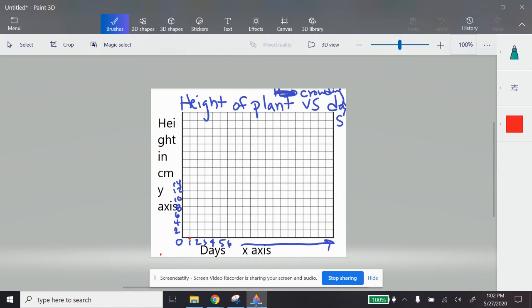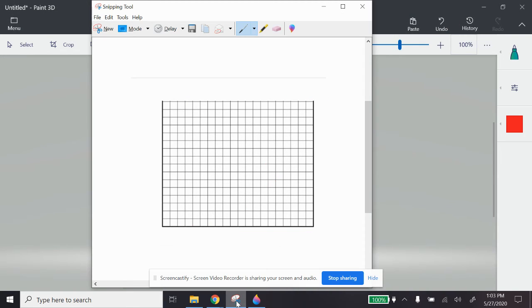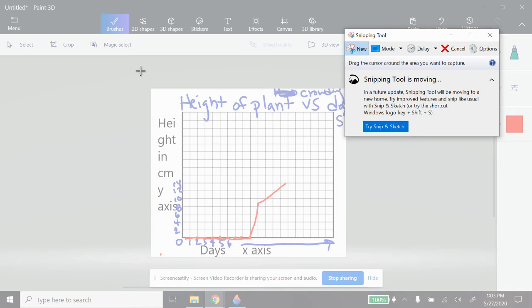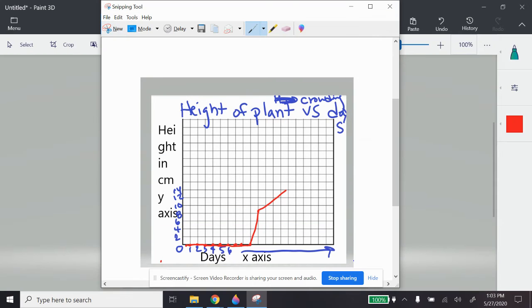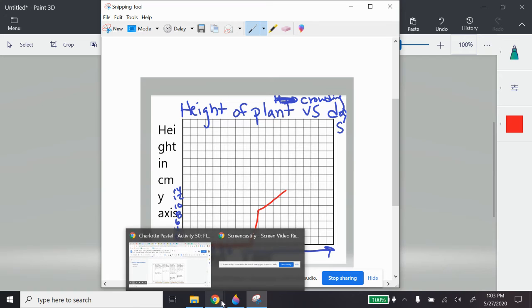So I need to put my red, because red is the color we chose for day 1. So 7, 8, 9, and then by 10, 8.2. Okay, now at the end of this, when I have my whole graph, I'm going to go in and connect those dots with as straight of a line as I can. Okay, so you get the drift. Finish your picture. Now you're going to snip it. I think that's the easiest way to do it. Back, snip it, Control C, then